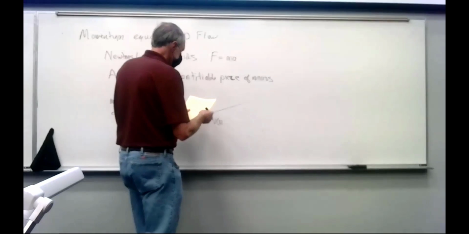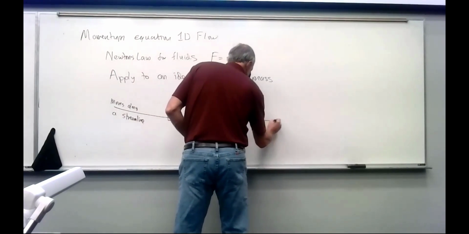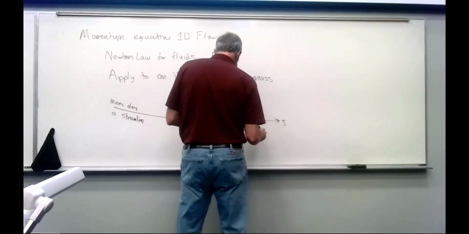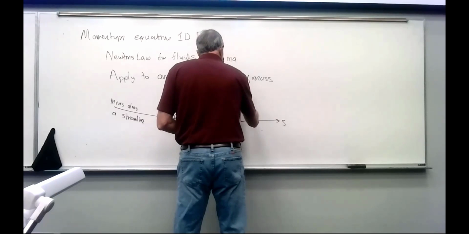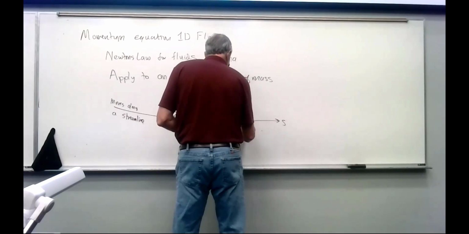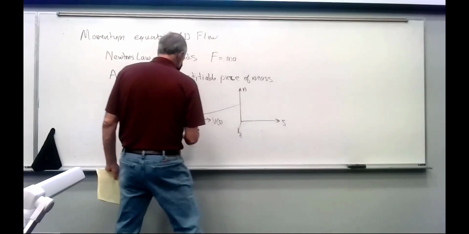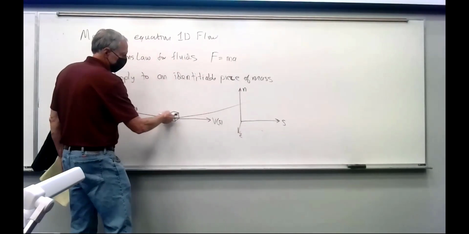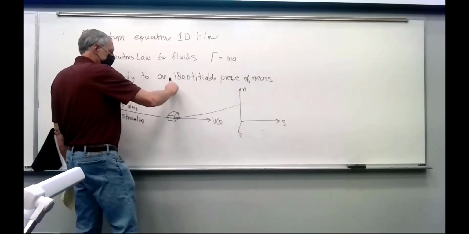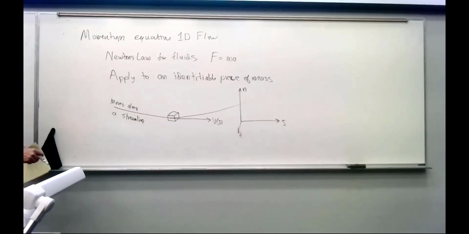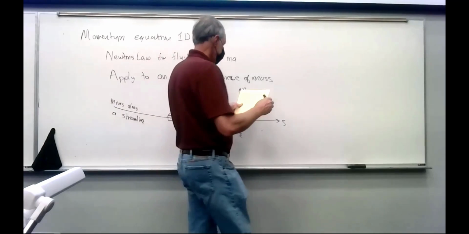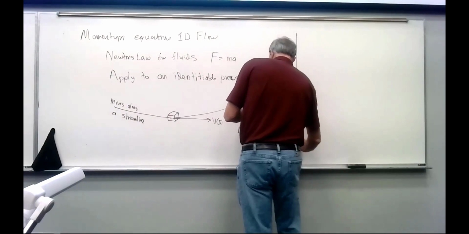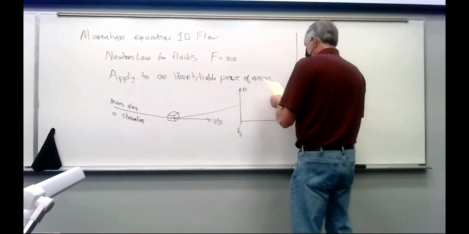So we're going to attach a coordinate system on this called the streamline direction, a normal direction, and then Z is out of the board. So S is in the direction of the velocity there, normal is perpendicular, and we're going to track that little box as it follows S. So along the way,